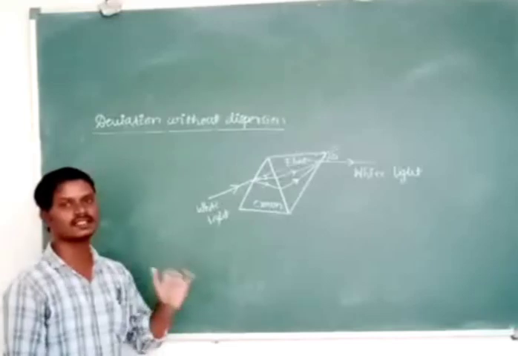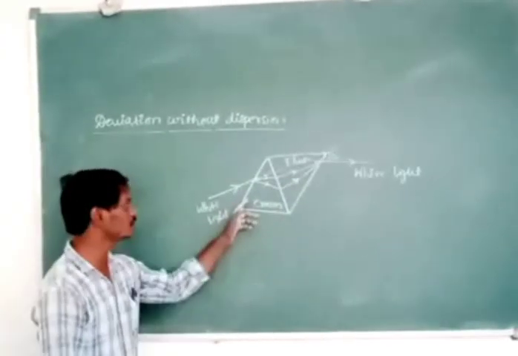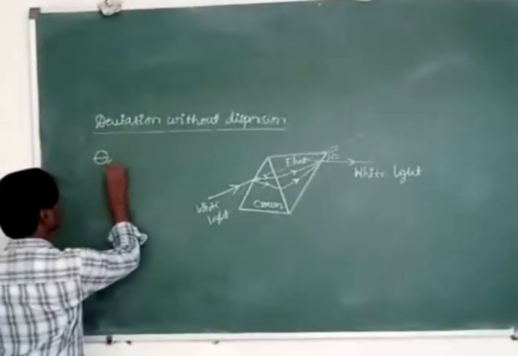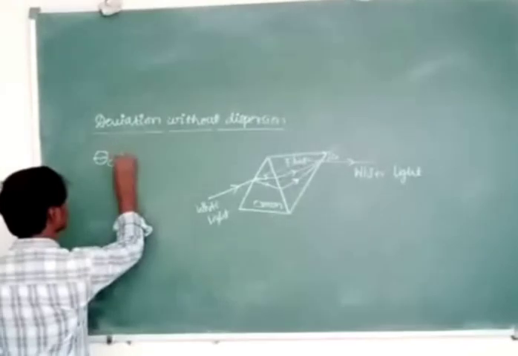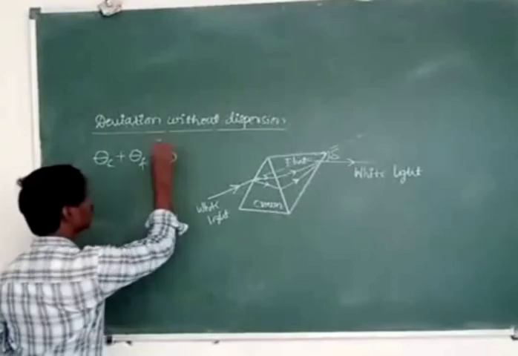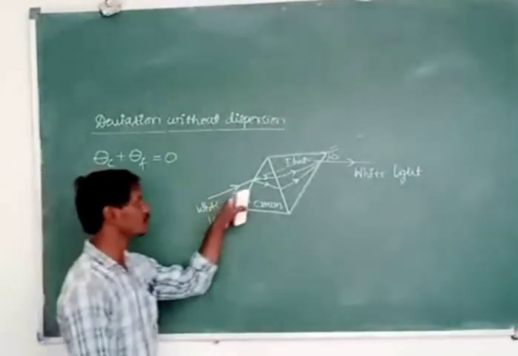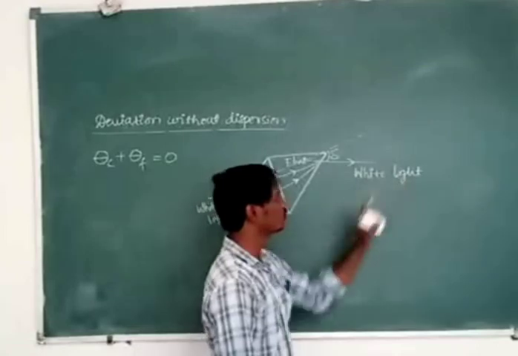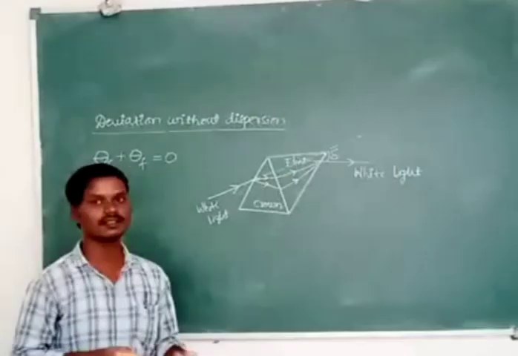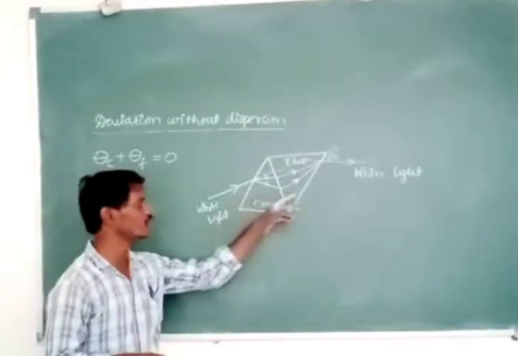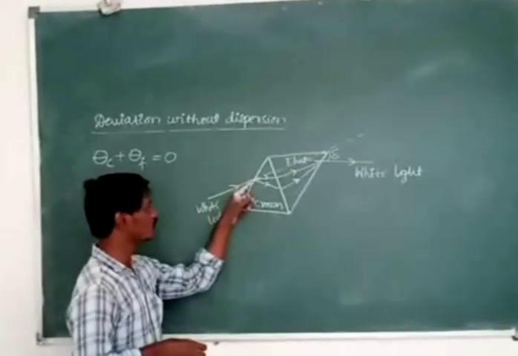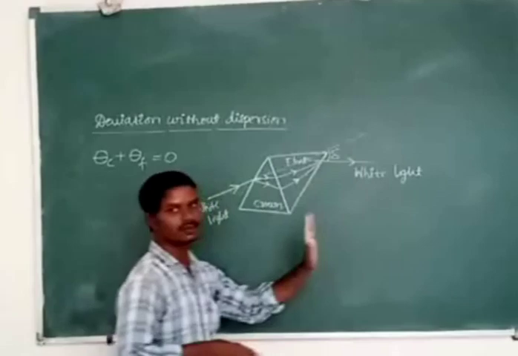So the net dispersion, meaning the total dispersion due to both prisms, is 0. I will write the dispersion due to the prism of crown glass plus the dispersion due to the prism of flint glass, theta, equal to 0, because the net dispersion due to the combination of these two prisms is 0. Here this combination is called an achromatic combination and it is also called an achromatic prism. Why is it called an achromatic prism? Whenever white light is incident on this prism, it emerges as white light only, without dispersion but with a deviation.